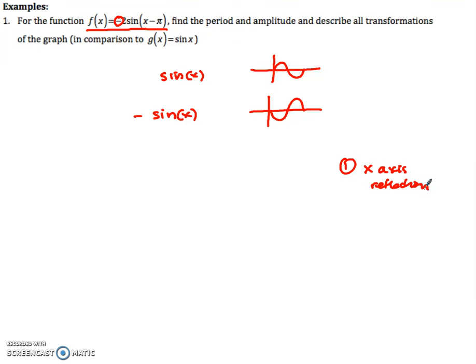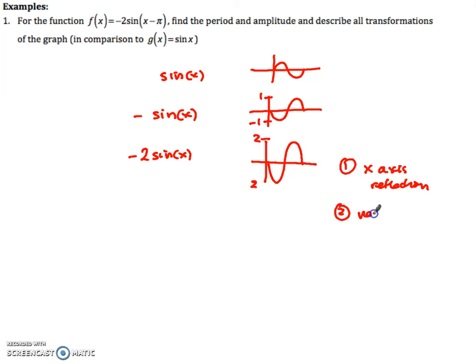Up next, we look to see if we've got any vertical or horizontal dilations, and if you take a look up the front, you can see that there's also a 2 there. What that does is cause all the y coordinates to double. It's a vertical stretch. So instead of oscillating between 1 and -1, our function is now going to oscillate between -2 and 2. That's a vertical stretch or vertical dilation